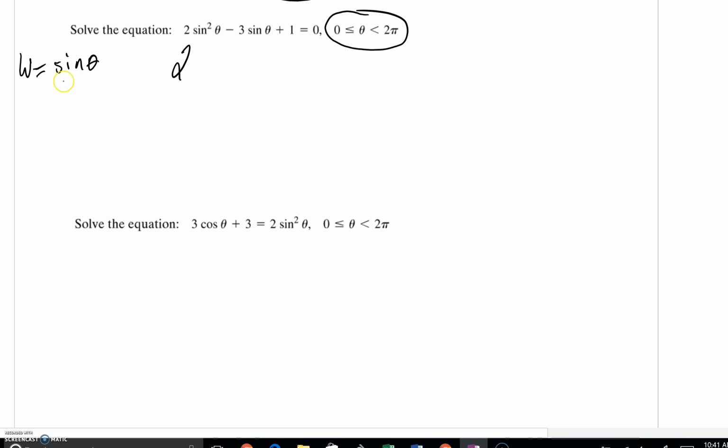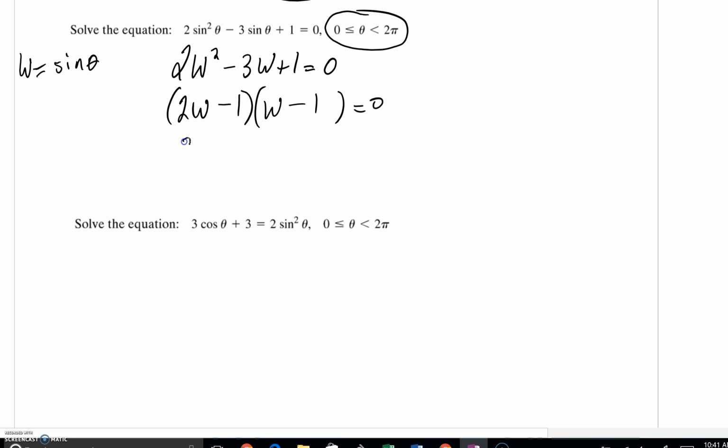second. If I were to let w equal sine of theta, you could quickly see a quadratic equation as a result. 2w squared minus 3w plus 1. This would factor, by the way, into 2w minus 1 and w minus 1. Setting these equal to 0, using the zero factor theorem, we'd see that w is equal to a half and